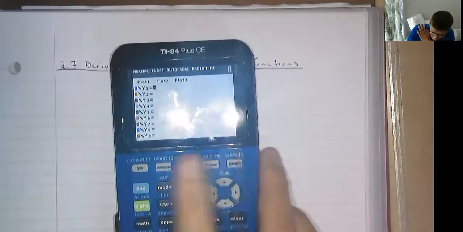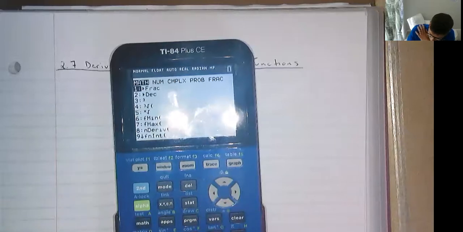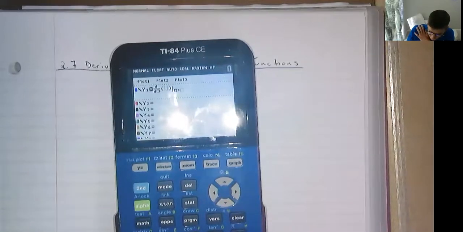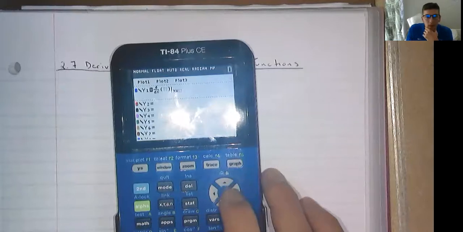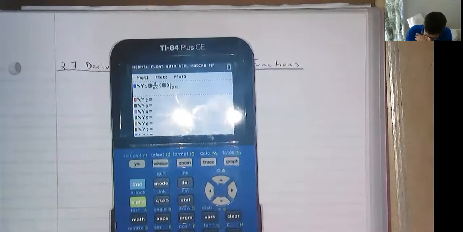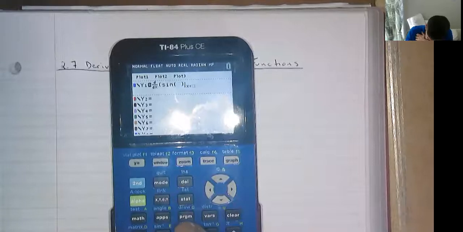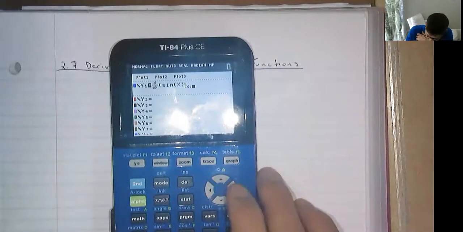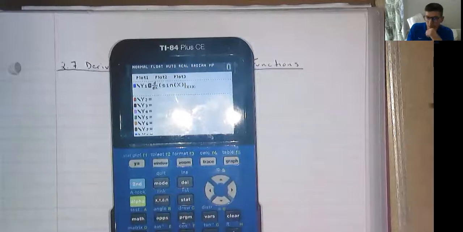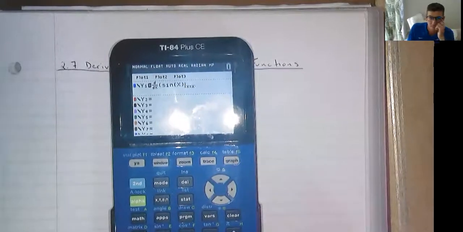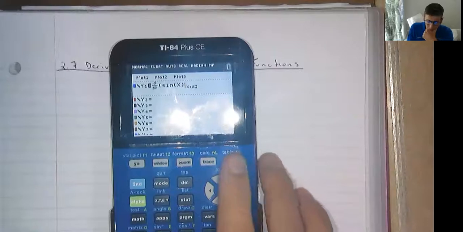So in your y equals window, if you want to press math 8 for the numerical derivative, we want this d dx. And we're going to do the sine of x. And instead of just at a point, if we just do x here, it'll just plot the function for us, the derivative of sine, whatever it is. And then if we go to graph,